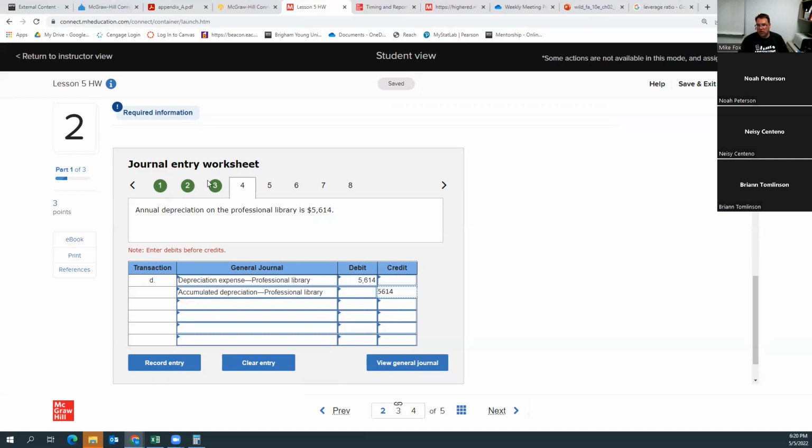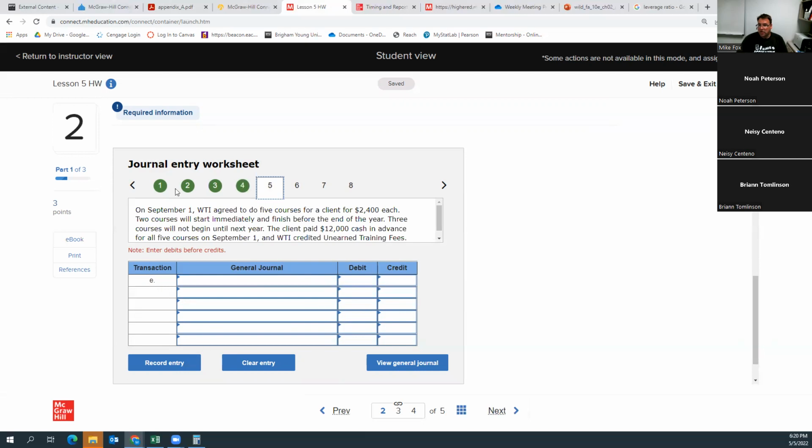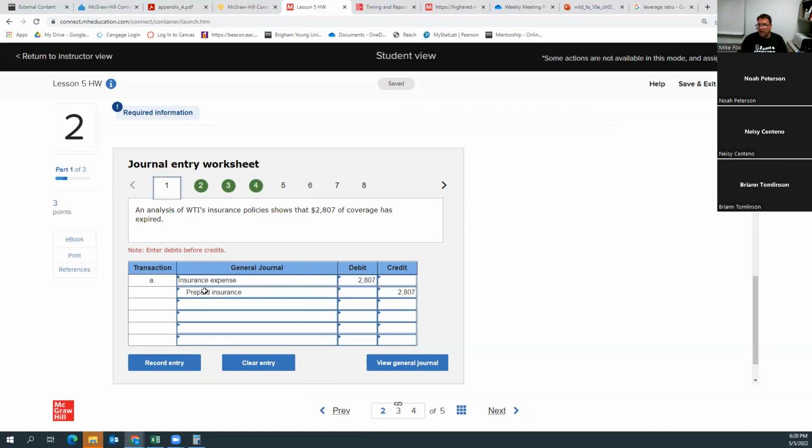So these first four transactions are all what we call deferred expense adjustments, okay? Because in each of these cases, we had an asset, in this case prepaid insurance, that as we used it up, we went ahead and recorded it as an expense. The same thing here, we had supplies, an asset, and as we used them up, we recorded them as an expense. And with depreciation, the same thing, we have an asset, equipment, and we record it as a depreciation expense on the equipment. So these are our deferred expense entries.